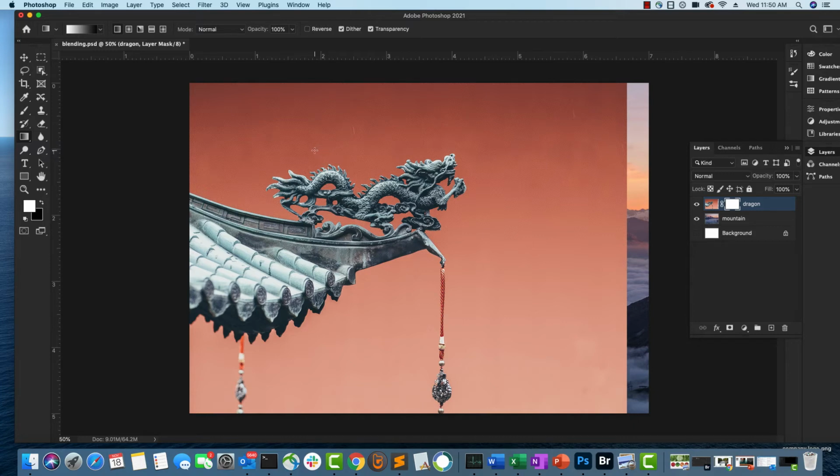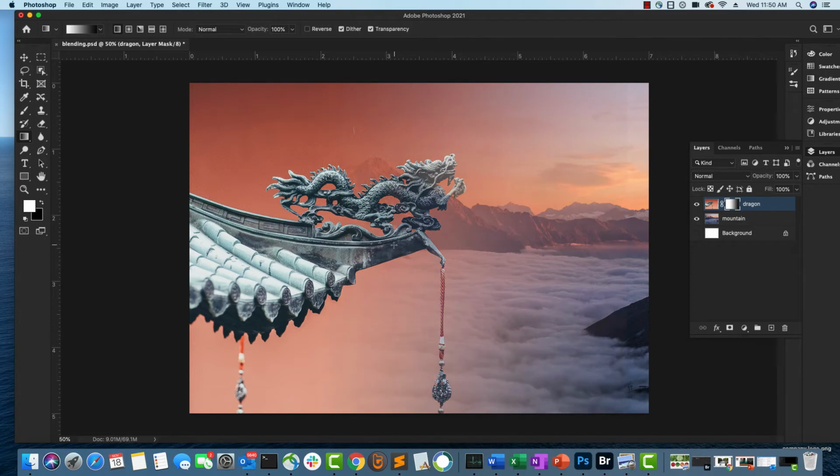Let's say I want to select here. You click the mouse and then drag it until you want the mountain effect. I'm going to drag it all the way to the right and release the mouse. So now you see how the image is getting dragged from left to right. So let's understand what is happening.